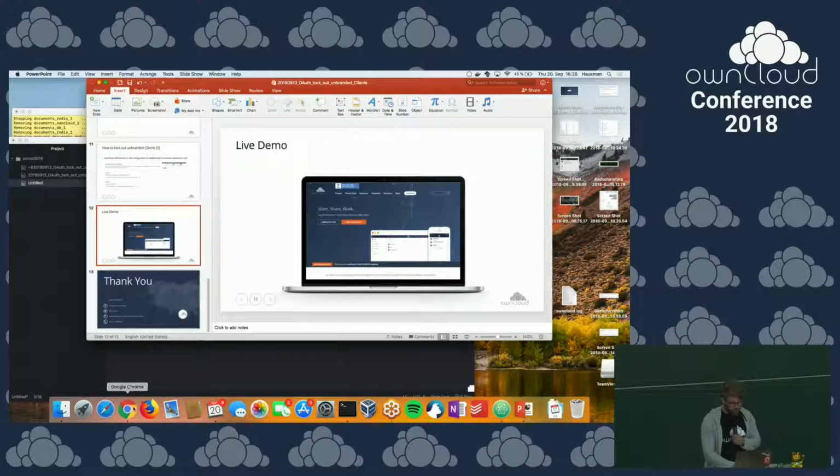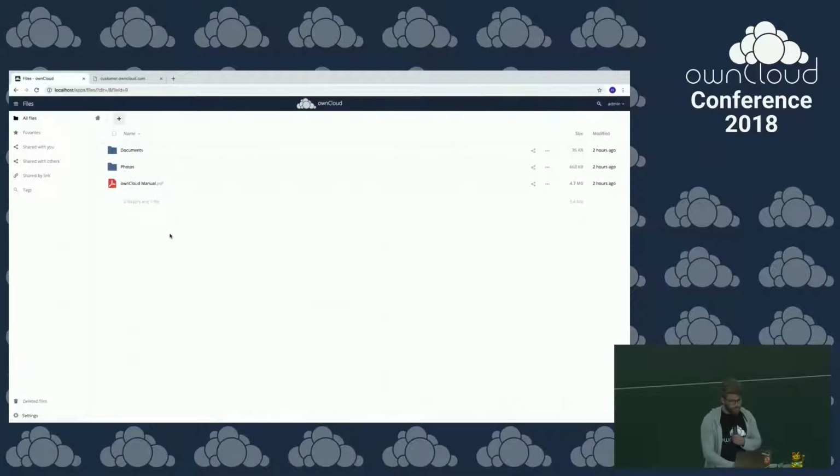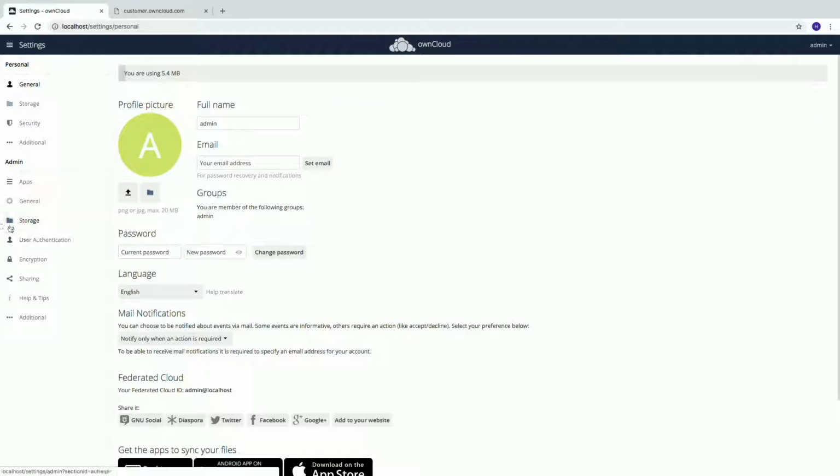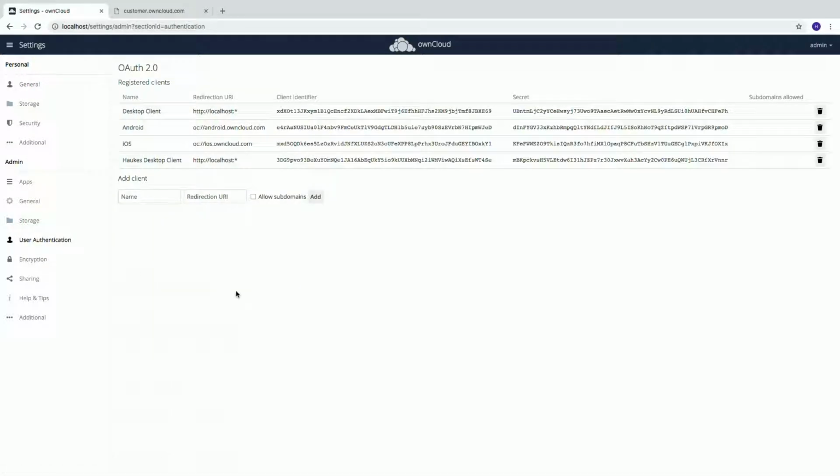Let's see. Okay, so I have an ownCloud running here on my laptop based on Docker containers. And if I want to have a look at the OAuth configuration, I need to go to the settings page and to the user authentication stuff. And here we can see, in this case, four different